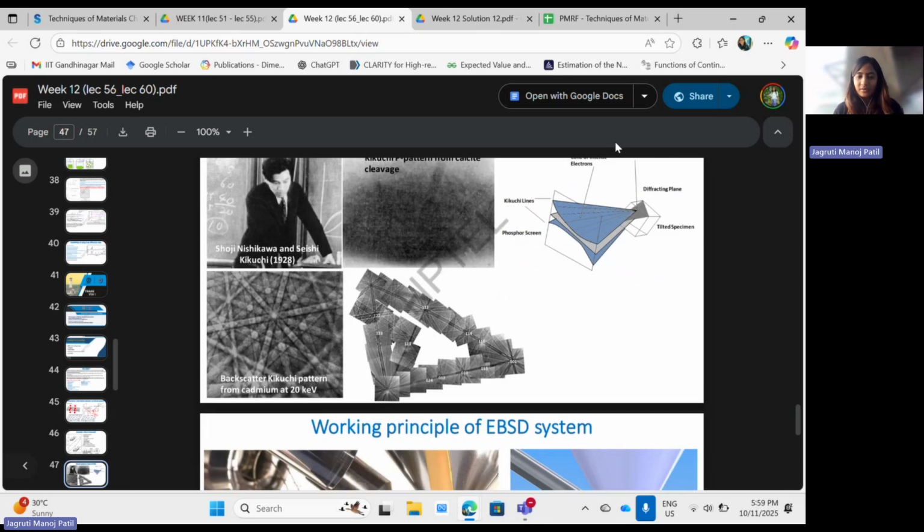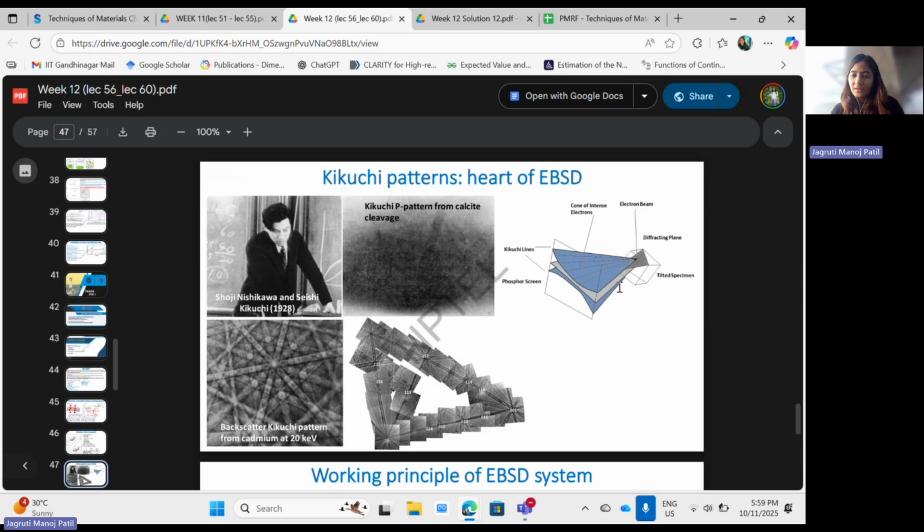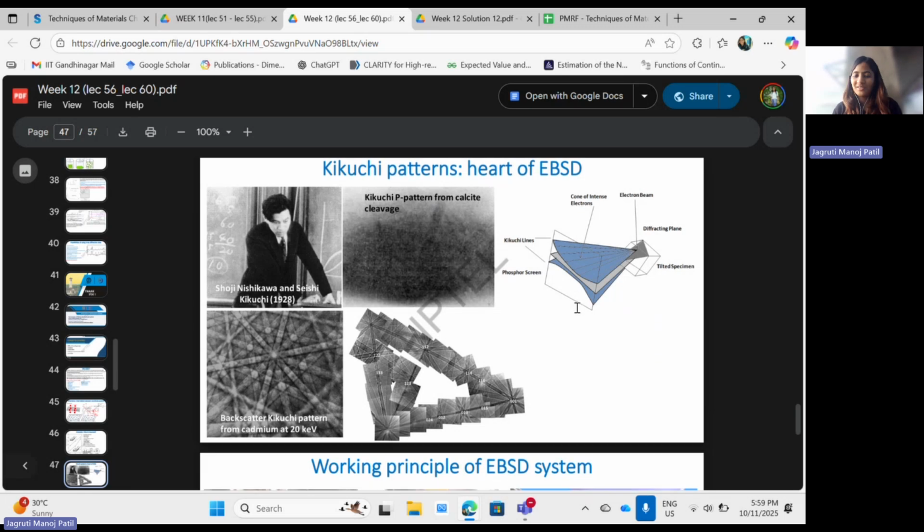But here, they saw this diffraction pattern, and this particular pattern that you see is called the Kikuchi pattern. If you see, this is your specimen that you're trying to look at, and it's being tilted in a way that you get those diffracted beams. Now, if you have a detector at that particular angle, you detect those, and the spherical cone volume that you get, this particular interface and those lines, that is called Kikuchi.